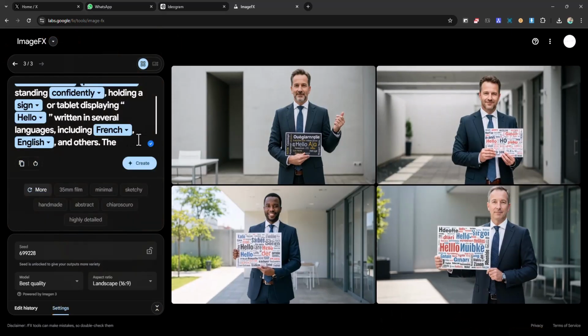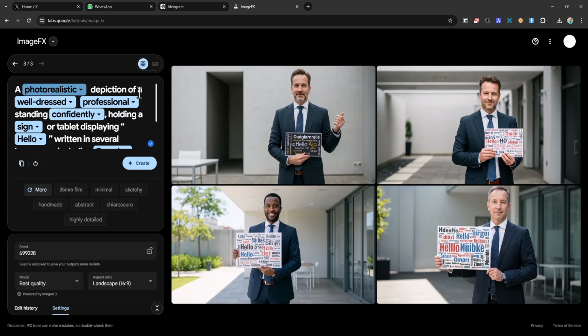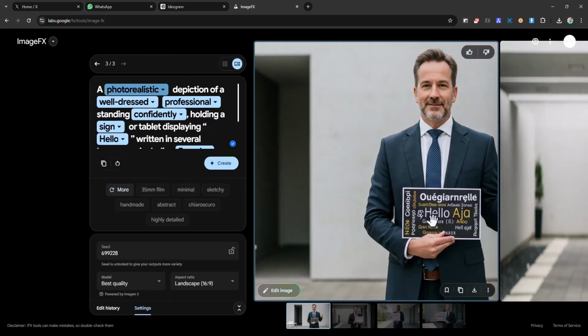So there you have it. It generated a photorealistic depiction of a well-dressed professional standing. So by default, they always go with white men. So you have to specify that you want maybe black men or a black person, so that they should go with a black person, but by default they go with white men. So as you can see, that was clearly my worry. It's difficult for it to translate